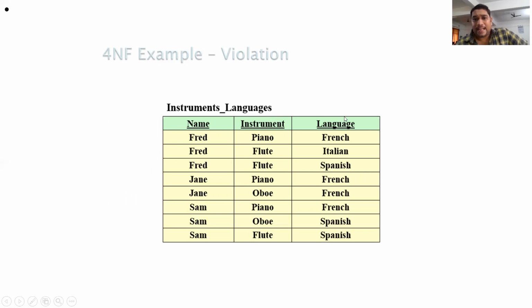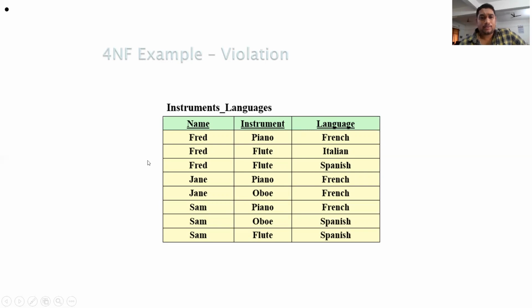instrument, and language. So based upon the name, the instrument is dependent, and based upon the instrument, we can follow a particular language. Okay, right. See, all these are super keys, so it should be BCNF. All these are combinations of super keys. So there is a combination of three attributes. One is acting as a primary key, and the remaining two are composite keys, and these three are called super